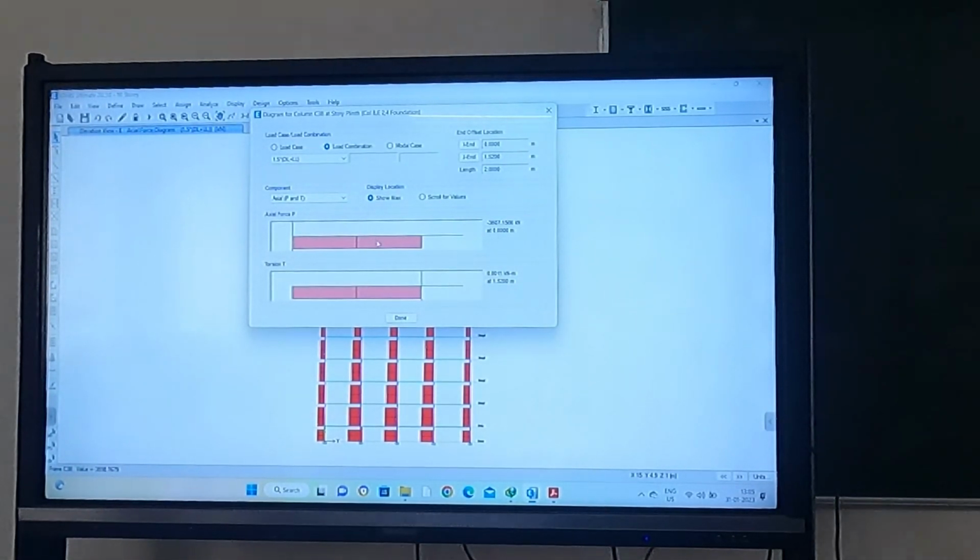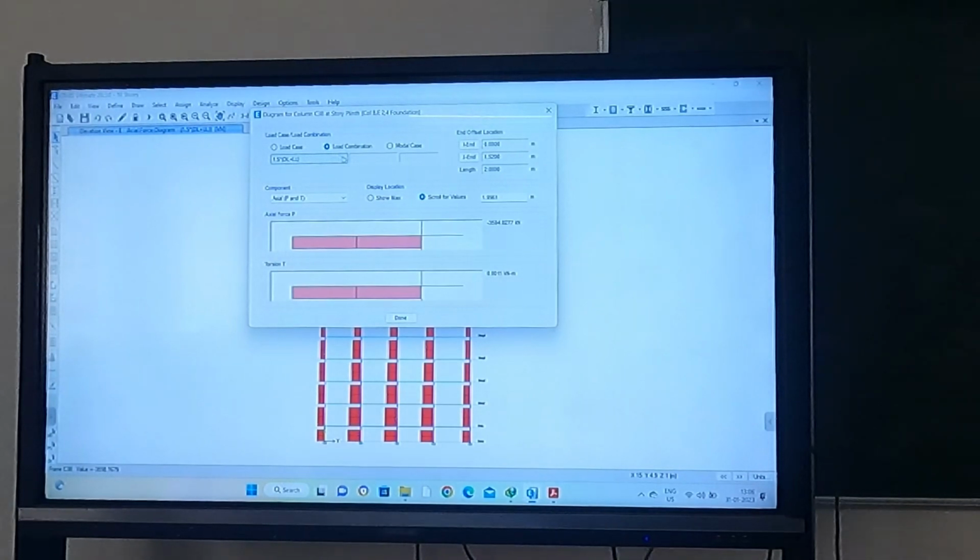So axial force P, this is showing the span, means total length of the member. It starts from 0 here and this is the maximum length. Throughout this height axial force is constant, that's why you can see only one horizontal strip. And what is that amount? 3594 kilonewton, and this is because of the load combination 1.5 into dead load plus live load. It is not considering the earthquake load because we have not given the combination here.